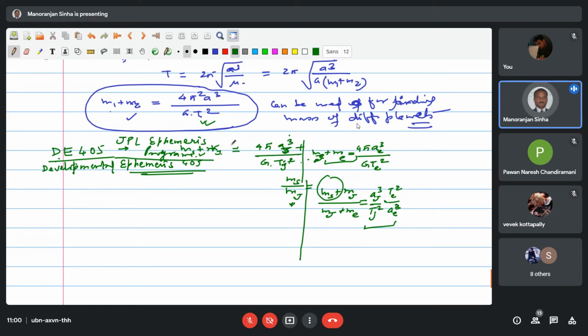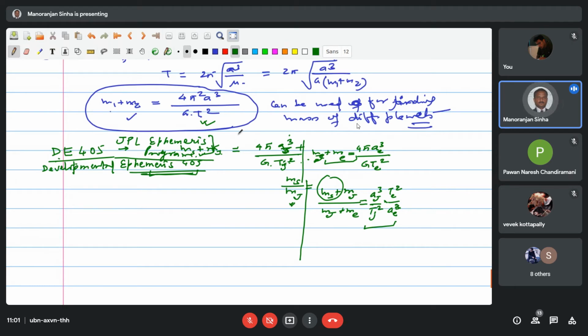In the case of Moon, it's within a meter of accuracy. In the case of other planets which are at far distance, this accuracy decreases. So the JPL ephemeris program, once used with this developmental ephemeris data, you will be able to know the position of the Moon with respect to the Earth or the Sun, and the Moon's position with respect to Earth or Sun, or other planets' position with respect to Sun or with respect to Earth.